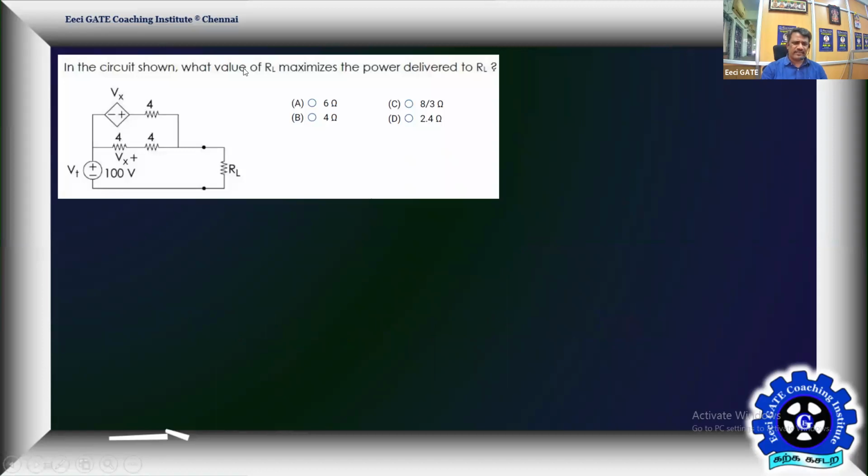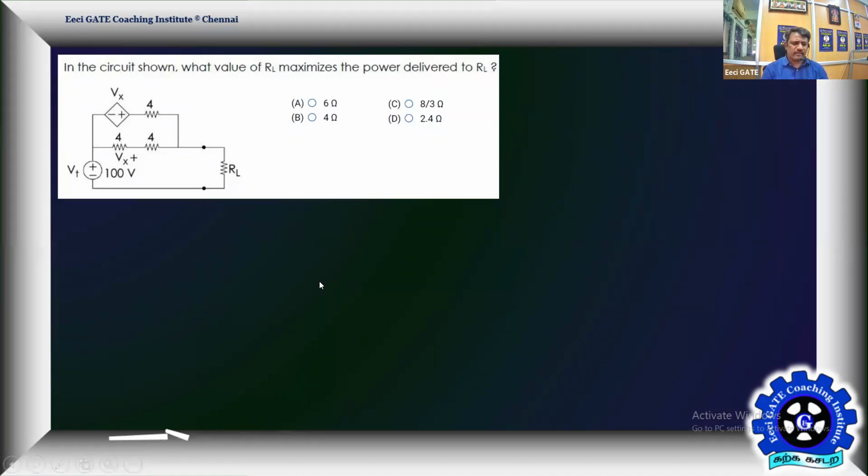So that is exactly a problem copied from the Easy GATE paper, from one of the recent years. Yes, let us answer this. It takes application of fundamentals only. In the circuit analysis we have a dependent source Vx and another independent source. Some label is given, some Vs, or you can take it as 100 volts. So we have two sources in the circuit. One is a dependent source, that is Vx.